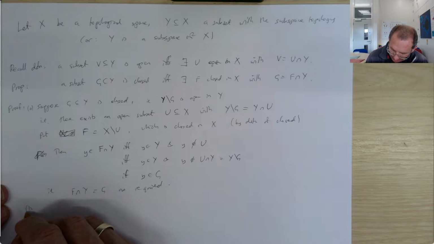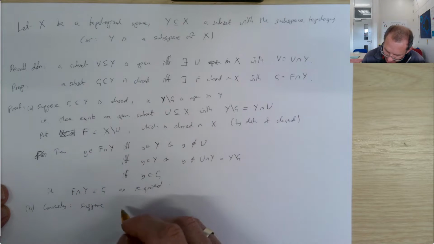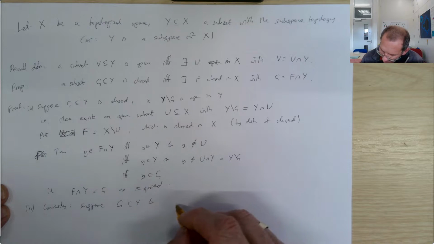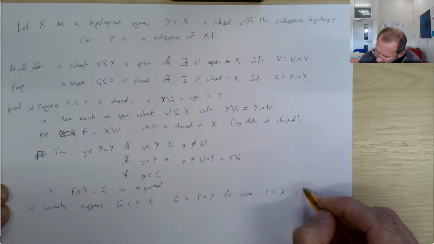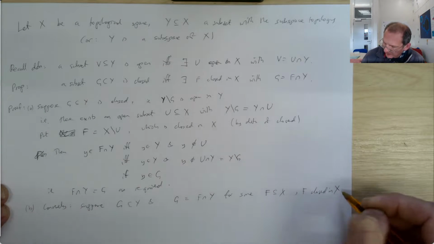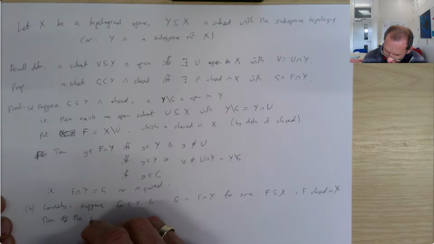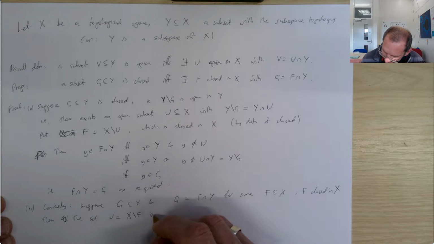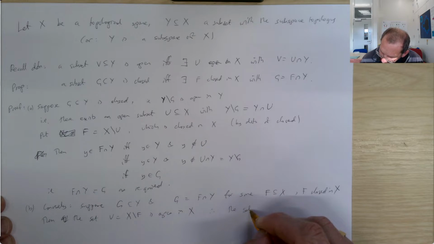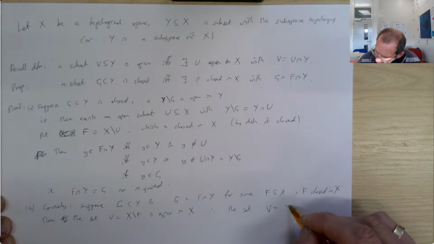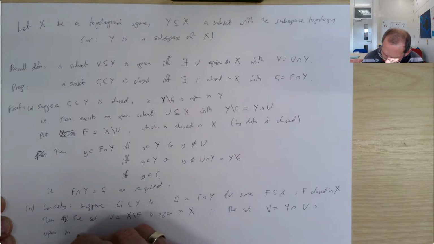And conversely, suppose the other way around, that G is a subset of Y and G is equal to F intersect Y for some set F that's closed in X. So then again, the set U, which is X less F, is open in X. Therefore, the set V, which is Y intersect U, is open in Y,